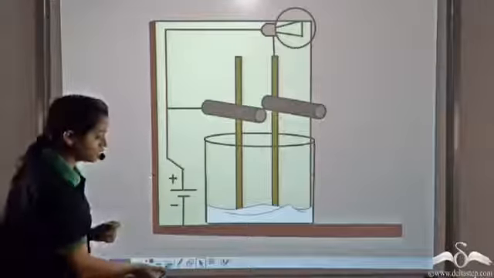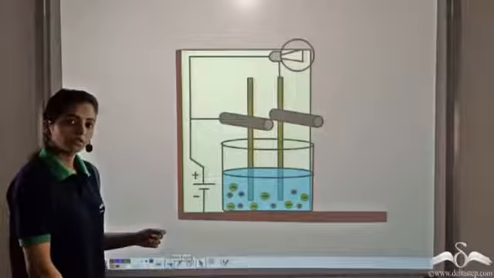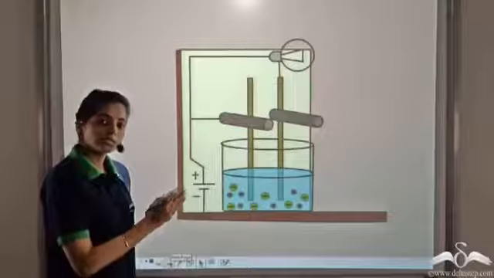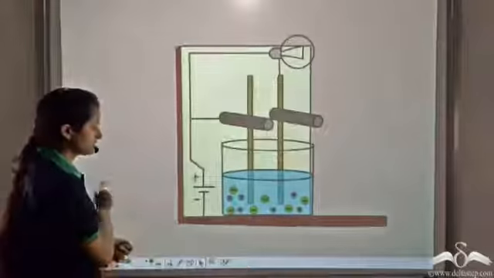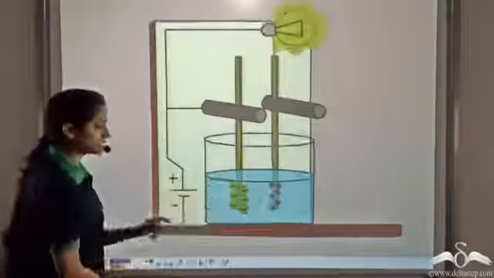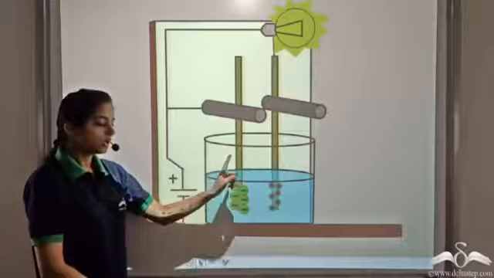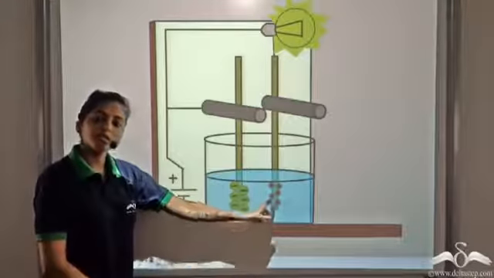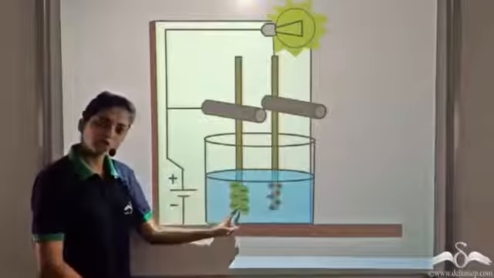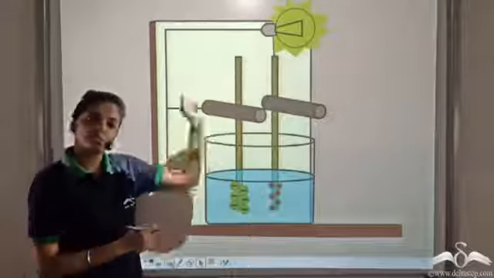But when we take salt solution, what happens in salt solution? In salt solution, the sodium ions and the chloride ions are separated. So what happens? We see that the negatively charged ions migrate towards the positively charged metal rod, and the positively charged ions migrate towards a negatively charged metal rod. So when this happens, there is flow of electrons. Since there is flow of electrons, electricity flows, and we see that the bulb glows.